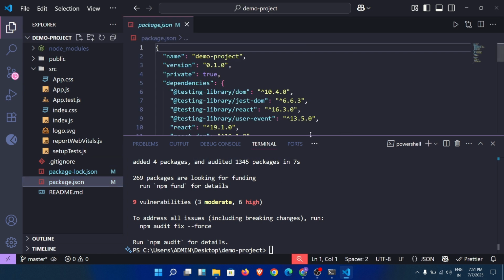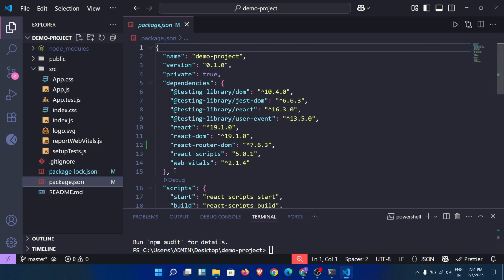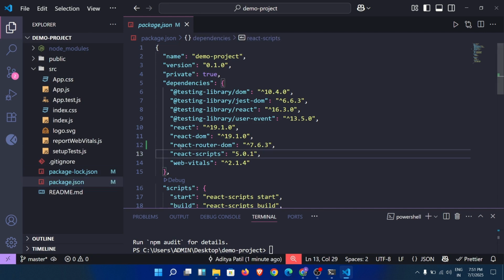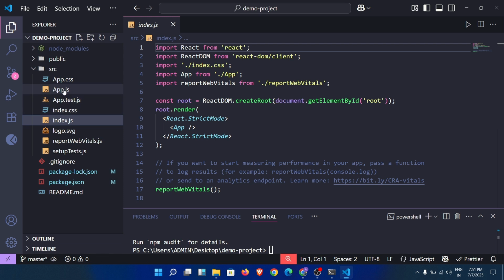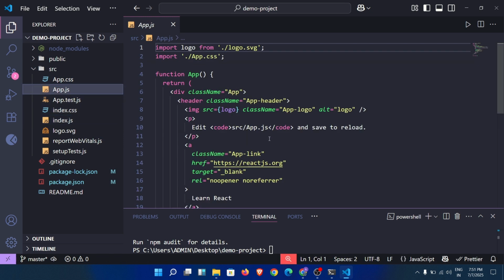If we go inside package.json, where there is a list of all the packages, you can see React Router DOM has been added, and the version states which version of React Router DOM has been installed. Okay, now to use it inside our application, simply we can go to the app.js file and